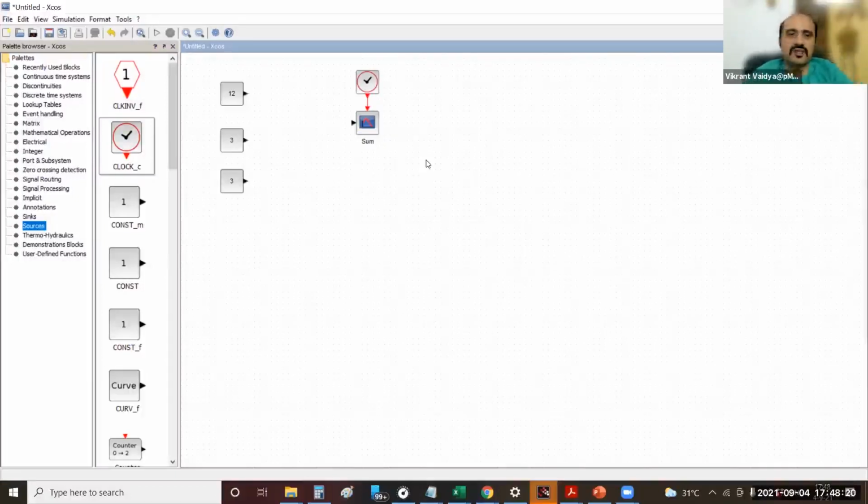So what you have to do is bring in, instead of the summation block we had, a multiplication block, and connect the inputs. First of all, that multiplication block will probably have only 2 inputs. So make it 3 and then connect the 3 inputs to the three constants that we have, to the 3 input ports of the multiplication block, and then the output to the C-scope.